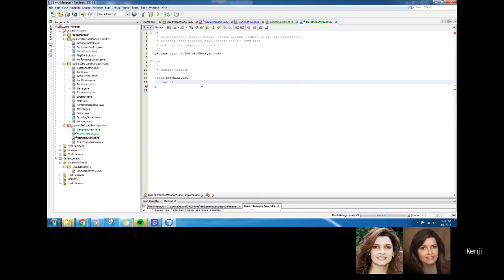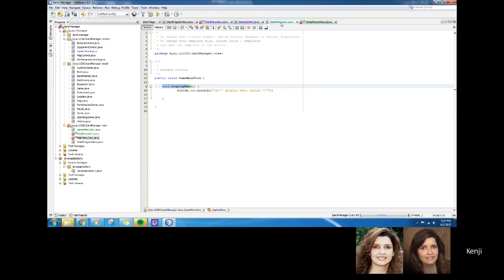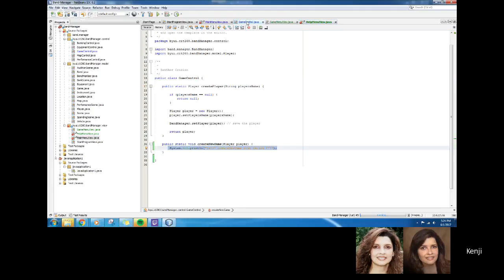Void display syntax, right? Display help menu. Okay, so display help menu view. And